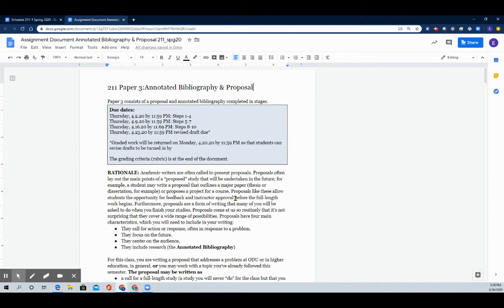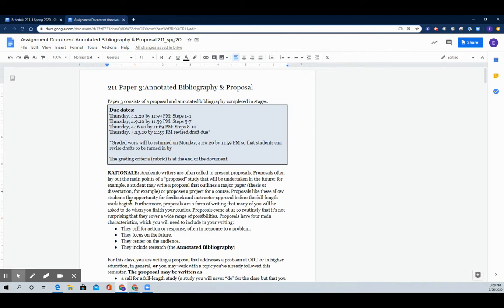To keep this video short, I'm not going to read everything in this document. It would be way too long. I am going to tell you that you are writing a proposal to change something, and you're going to do some light research on it. I'm going to call it light research because I will tell you here right now in this video that the original version of this assignment has 5 sources.